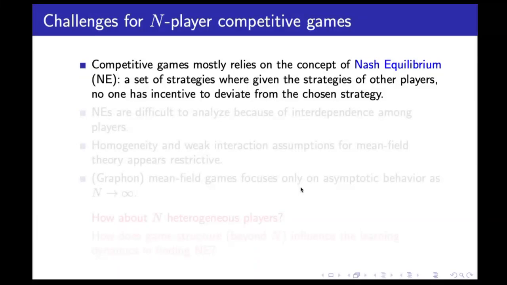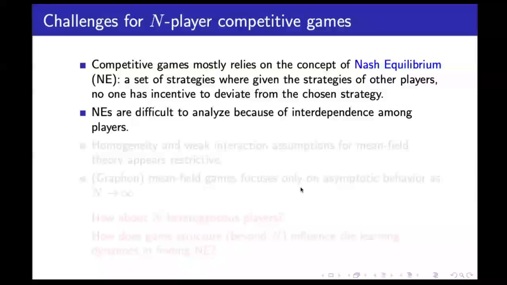So when we think about competitive games, a very commonly adopted concept is the Nash equilibrium. It refers to a set of strategies such that, given the current strategies of all the players, if I look into the strategies of all of you, I notice that I wouldn't want to change my own strategy because I cannot further improve my cost, my utility. And it's the same for each of you. This creates an equilibrium where no one wants to change anymore. That is the basic idea of the Nash equilibrium.